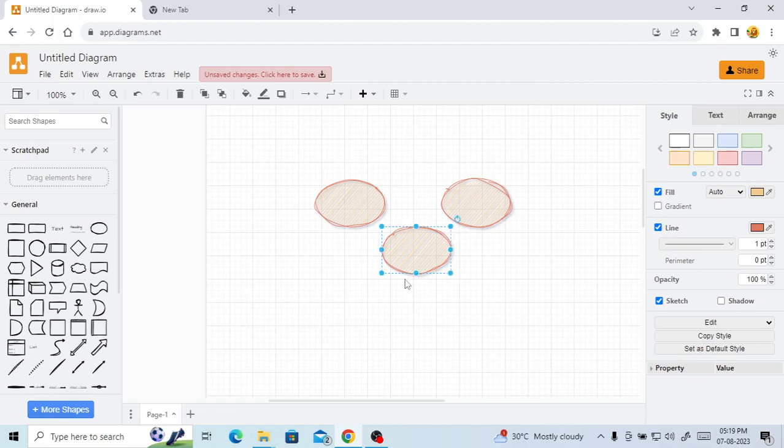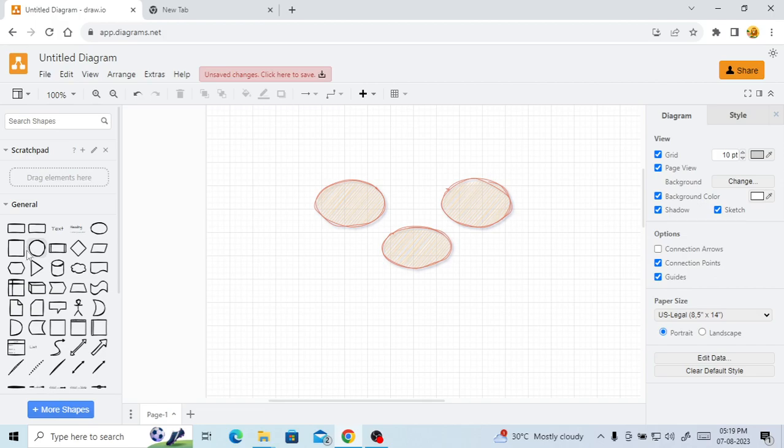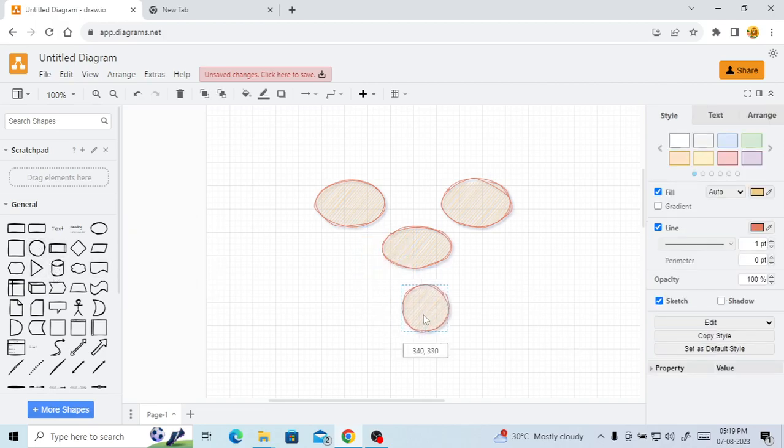If you want to shorten this, just shorten it, and if you want to increase the length of this design, just click on this, and here you can see the box appears beside the design. If you want to increase the length you can increase, and if you want to shorten the length you can shorten it,